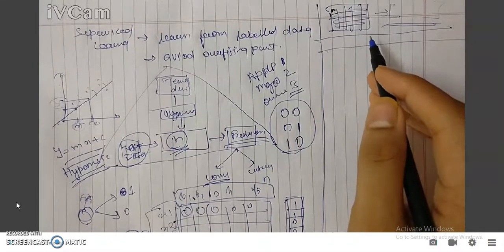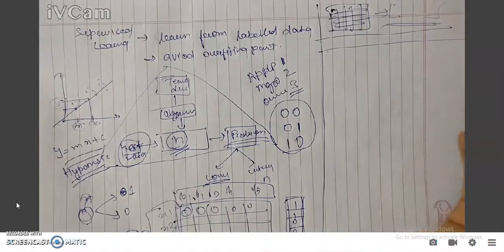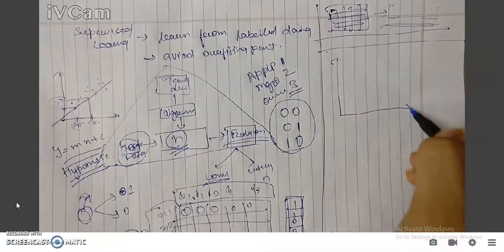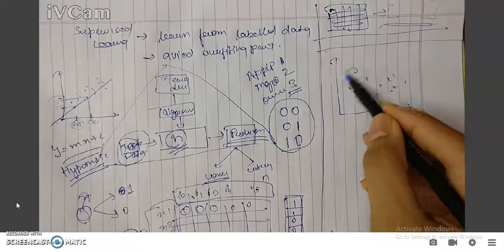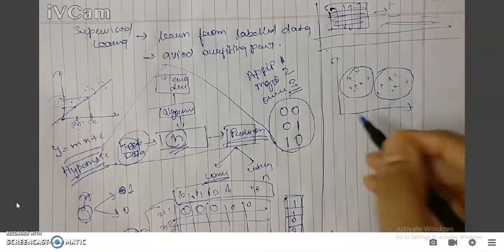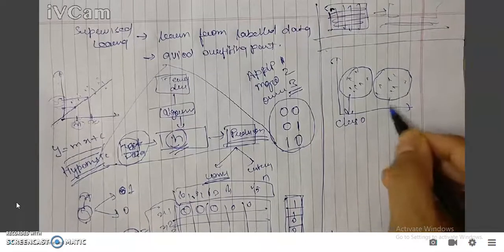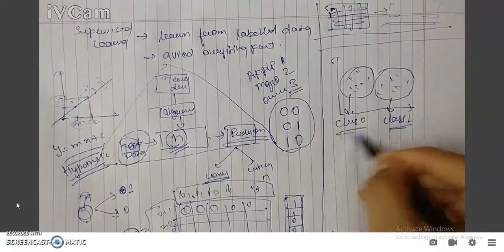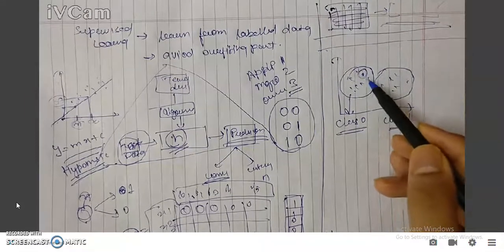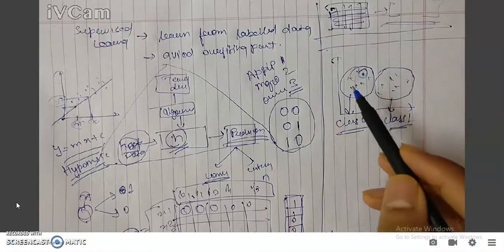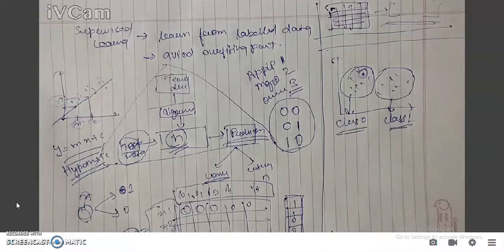If we move towards unsupervised learning, the difference is that it doesn't have labels in the training set, right? Suppose I have some points here and some points here. By seeing this data, I can say that this is one categorical group and this is another, and I'm representing one with class 0 and the other with class 1, right? So if any point comes at this position, I can definitely say that it would be in class 0 for sure. This is the way to identify whether a problem is unsupervised or supervised.